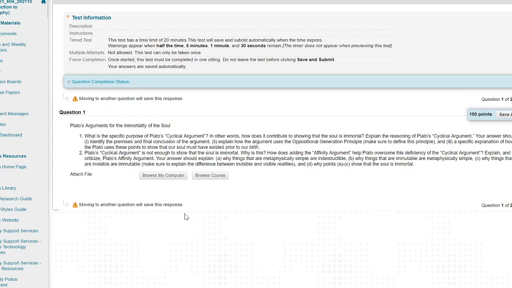How do I do that? So you have to attach a separate file. You will not be typing your answers into the program. So you should already have these. I would recommend already having 6 documents ready to go, right? Where each document has the answer to one of the essays. Okay, so I click on Browse My Computer,